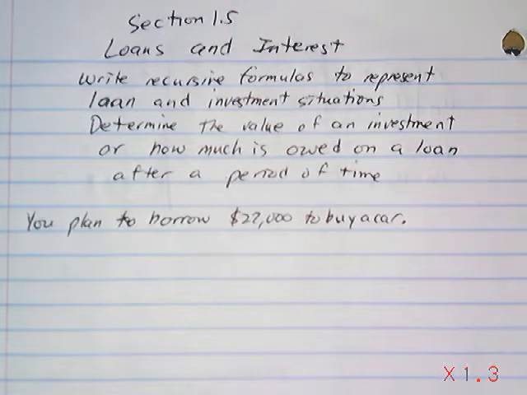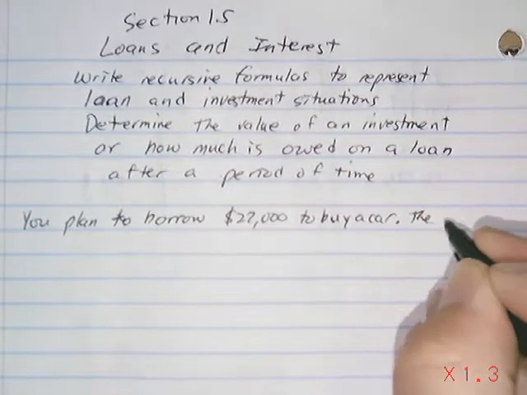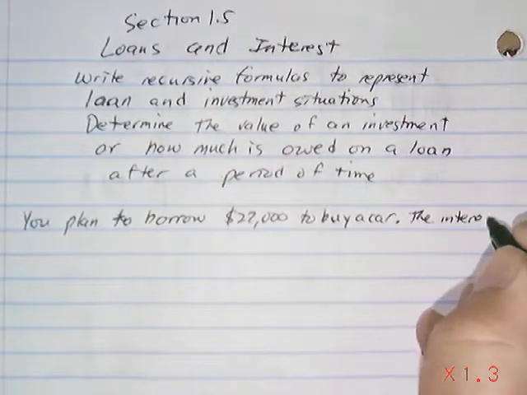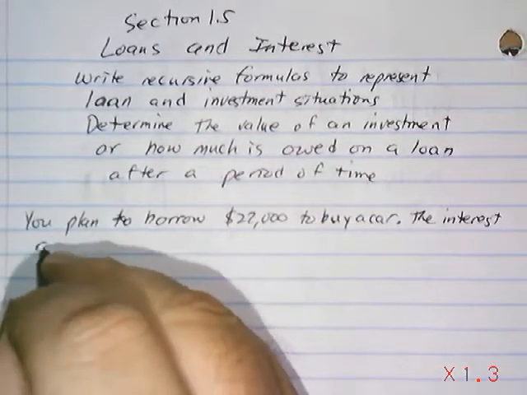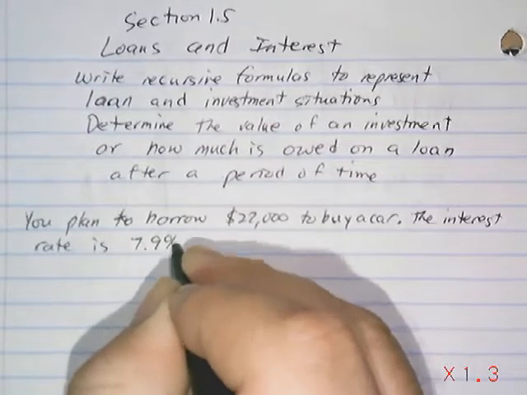So let's say you plan to borrow $22,000 to buy a car. Everybody wants to end up with a car. Let's say the interest rate that they're going to charge you is 7.9%. Interest rates go up, they go down. This may be high at some times and low at others, but 7.9% right now would be a pretty high interest rate. And interest